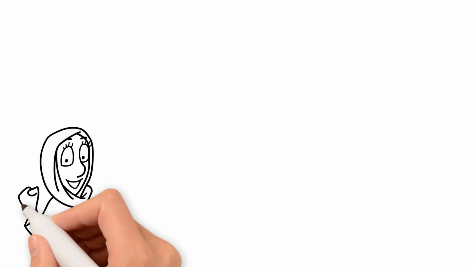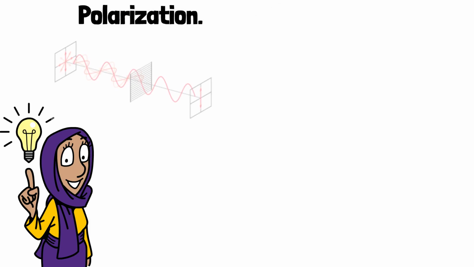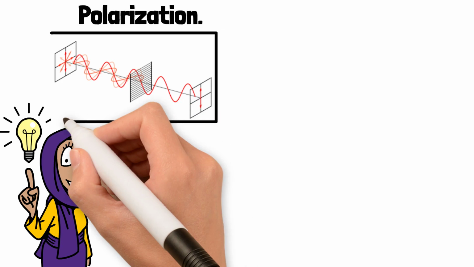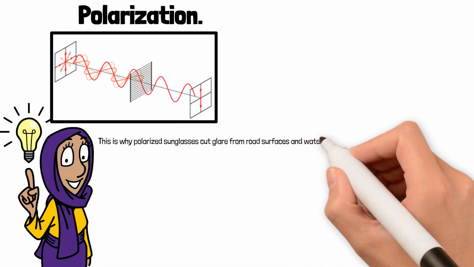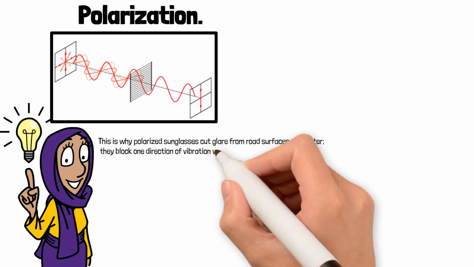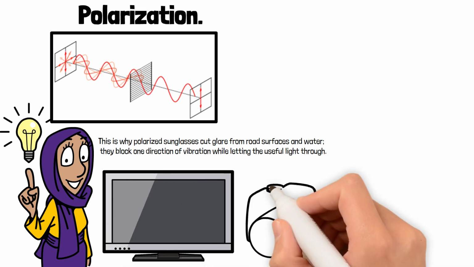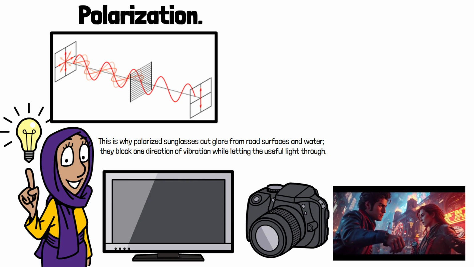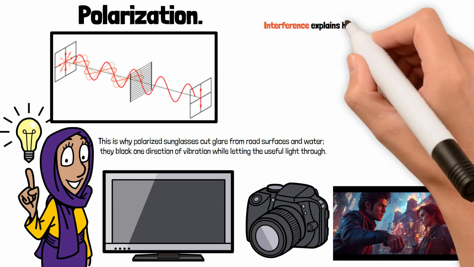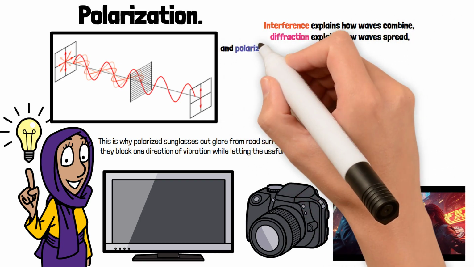And now we come to one more powerful idea: polarization. Light waves normally vibrate in all directions, but certain filters allow only one direction to pass. This is why polarized sunglasses cut glare from road surfaces and water. They block one direction of vibration while letting the useful light through. This same trick makes LCD screens work, helps cameras reduce reflections, and even allows 3D movies to create separate images for each eye. Interference explains how waves combine, diffraction explains how waves spread, and polarization explains how waves can be